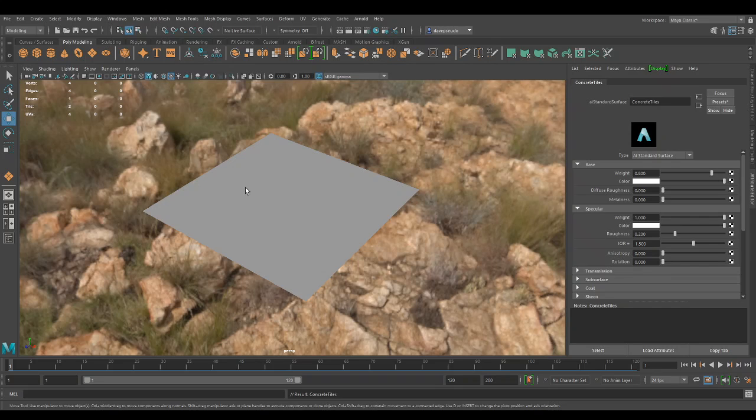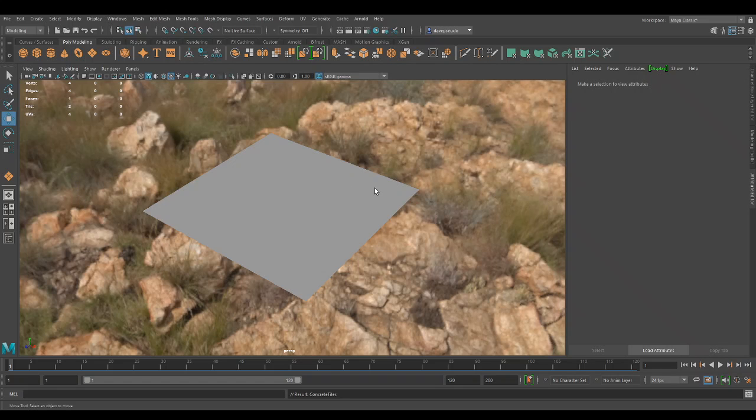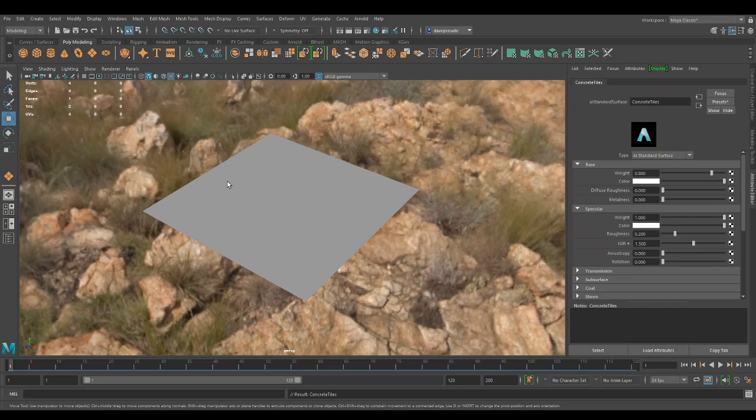Now, depending on what we actually want to use, if we go to create, we've got all these different types of AI nodes. Depending on what we're doing, this might look different, but this is just the AI standard shader node, which has got all the information we need. Cool. So what I'm going to do, like I did last night, is just in a grey area,